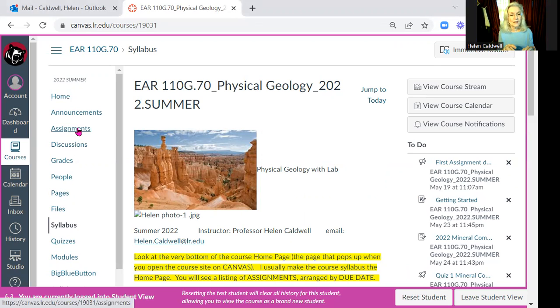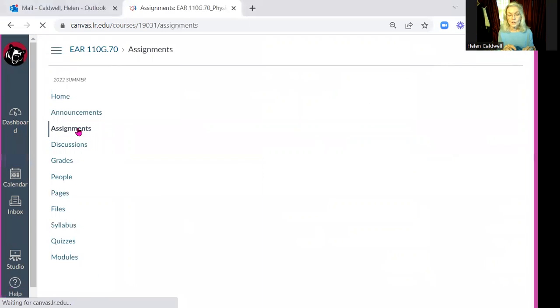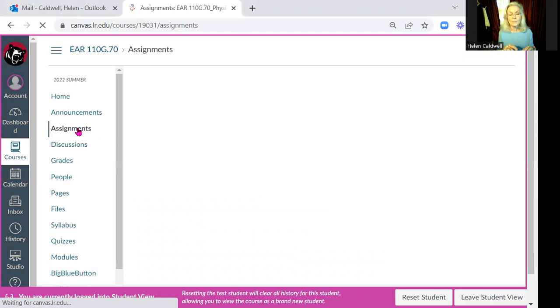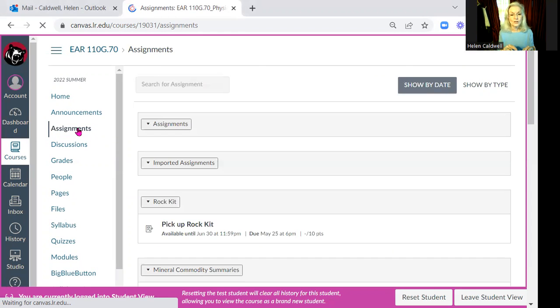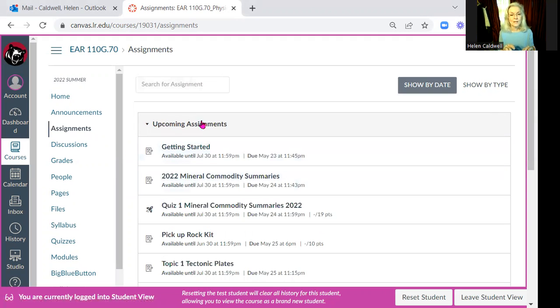If you click on assignments, you'll see a list of assignments coming up in order by their due date. So upcoming assignments will show up. You can see, since nothing's due until Monday, that's the earliest. You will want to click on that eventually. Let's go back to the home page